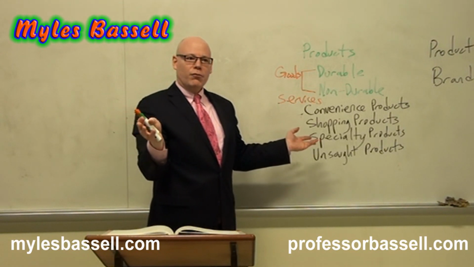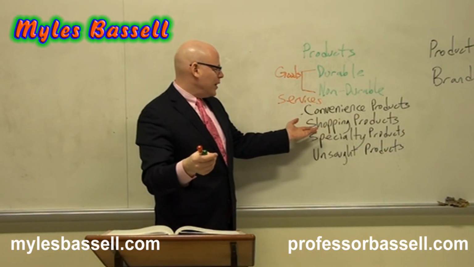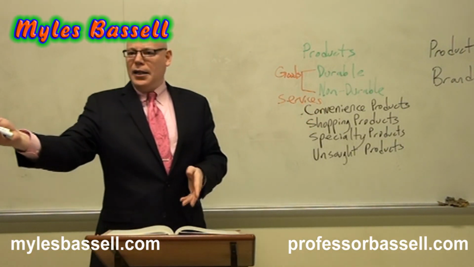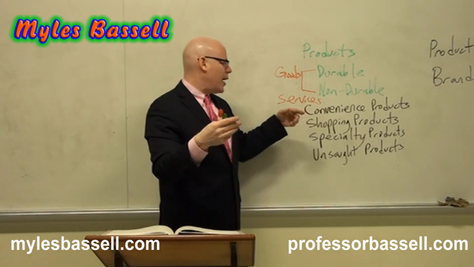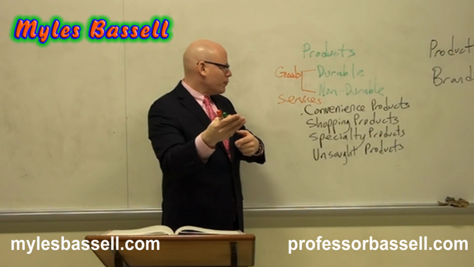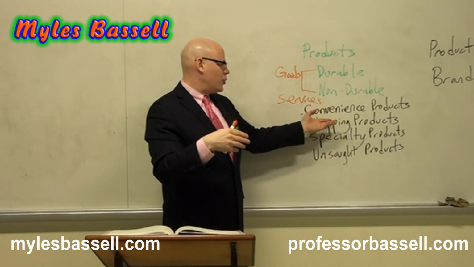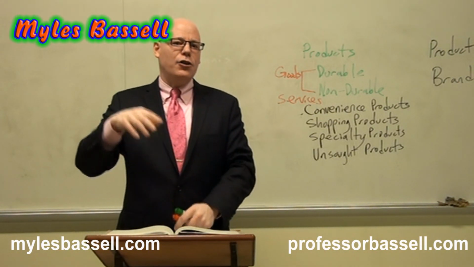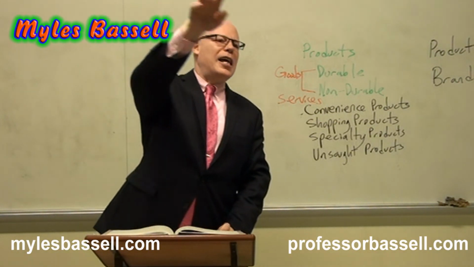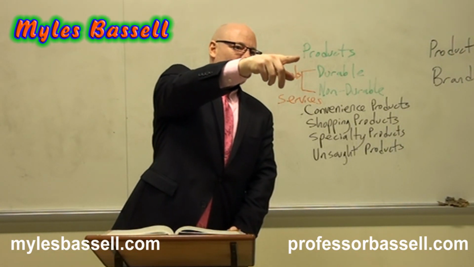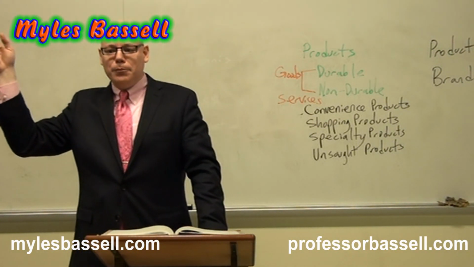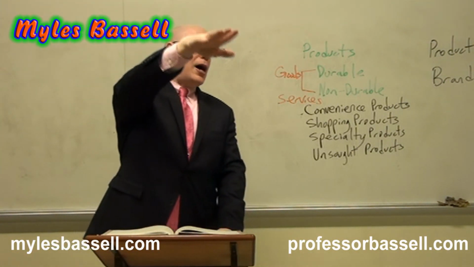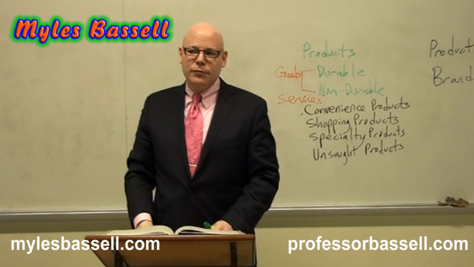What do you guys think? Do you think that paper towels are still a convenience product, even though you might buy them in bulk? I mean, it's still a product that usually you buy regularly and is a low involvement purchase. Yes, I would say that it's two different issues: how you classify the product, and how we classify your behavior. So whether or not it's a planned purchase or an impulse purchase, or you're buying in bulk like you suggested.